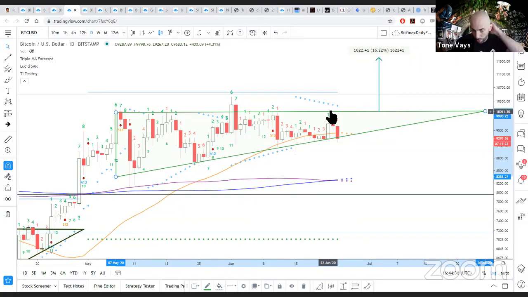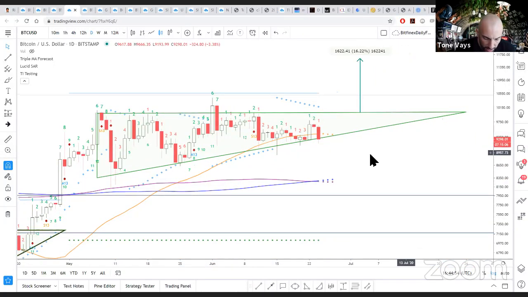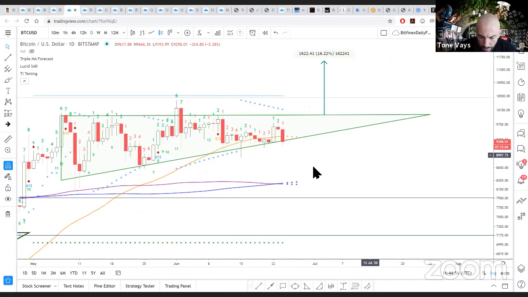We are now almost 6 months into the bet that I have that Bitcoin will not close above 10,000 90 times this year. So far, we have closed 7 times above 10,000. And if it happens 90 times, I will owe someone a very expensive dinner. So we continue to watch the triangle.